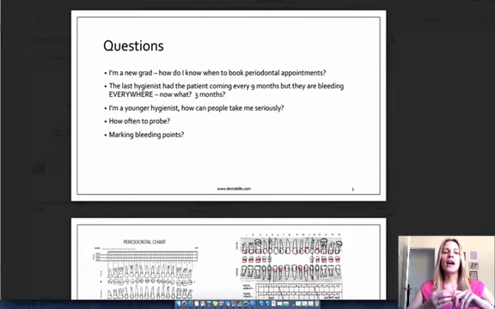So this is going back to what I was actually saying earlier. Even if the patient was coming every 9 months and you see their mouth looks horrible and you're thinking to yourself, there's a lot of plaque, a lot of tartar, the gums are bleeding everywhere, things look horrible, what do I do? Well, they should be coming every 3 months, and you need to tell them that. You need to tell them you need to be coming in for your appointments every 3 months now.